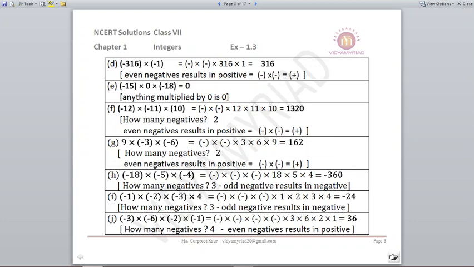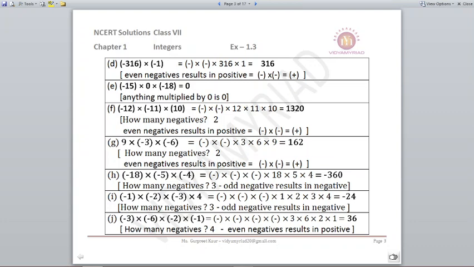Here also we will concentrate on the minus. There are two minus signs, so even if you know that there are even negatives, like you have 2, you have 4, you have 6 or 8, like that, their result will always come into the positive. And if there are odd negatives, odd negative means there is only one negative sign, then in that case your answer will also have the negative sign. Now let's see the D part. There are two negative signs, so negative and negative will become positive, or there are two negative numbers, so it is even, so the result should become positive.